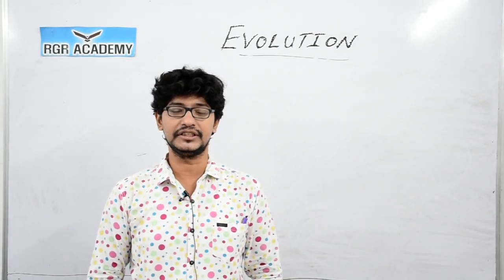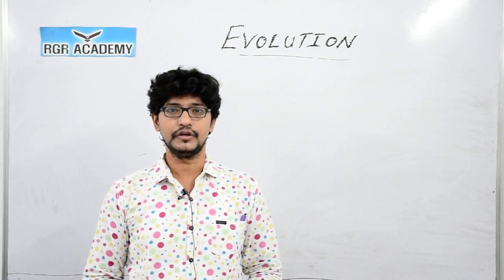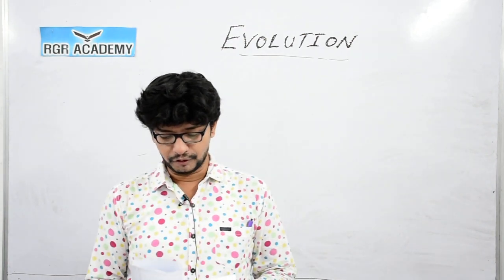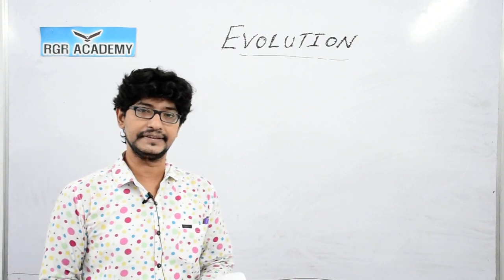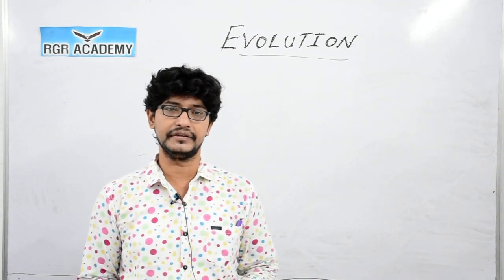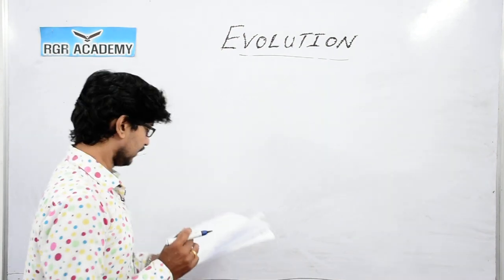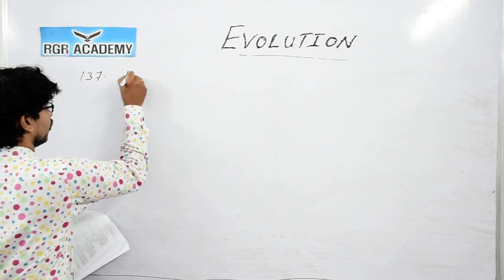This is biology session. We are moving to the continuation of the next chapter, that is evolution. Question number 137. Which one of the following are analogous structure? As we discussed already in the live session, I hope you can see the video, right? We discussed homologous and analogous. Before going to this question number 137, homologous,